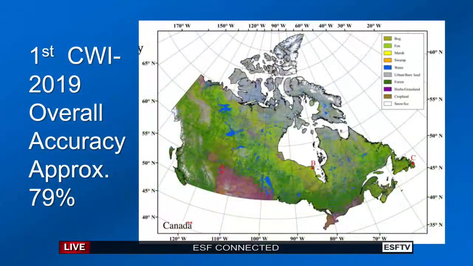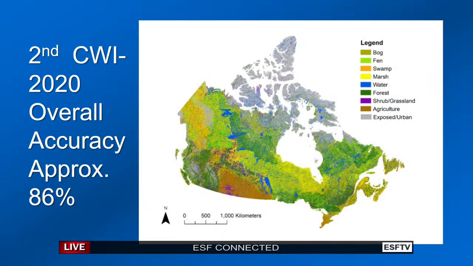But obviously, for practical use of the GIS layers, each set of layers has its own legend. Now, I mentioned that accuracy is an important factor here. 79% was good, but was not enough. The ideal is 100%, but it's almost impossible to get 100% accuracy. So we made more efforts by tuning our algorithms, as well as collecting more field samples from our partners, and with some tweaks to our machine learning,